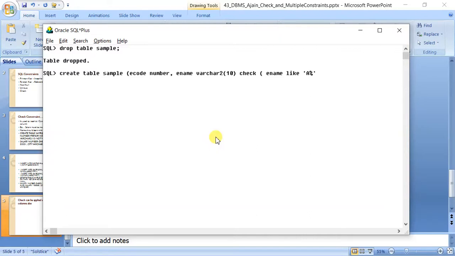Now this A% I will cover in a separate video, but just to explain here, A% means anything that starts with capital A and anything or nothing after it, which means this percentage represents 0 or more. Are you getting it? Table created. Okay.